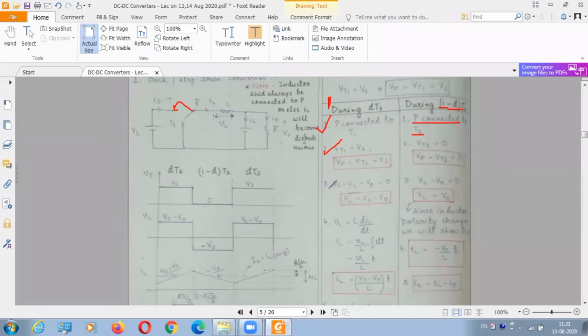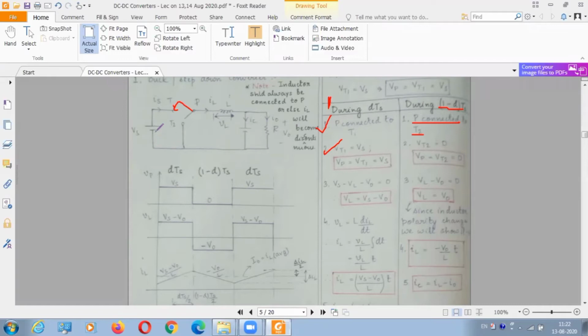Next point, we are applying KVL. Third point we are discussing: we are applying KVL in the circuit when my P is connected to T1. Now we are studying steady state equations. I am assuming steady state condition of the capacitor. If you can't recall steady state operation, think this capacitor and resistor are in parallel. In parallel, voltages are equal, so whatever Vc will be, V0 will be equal.